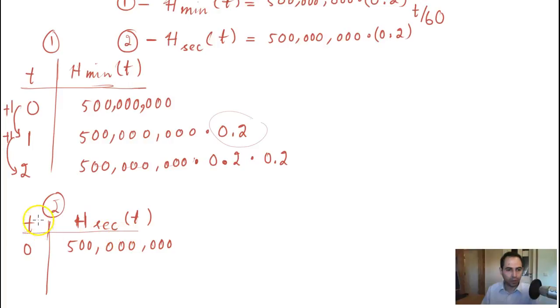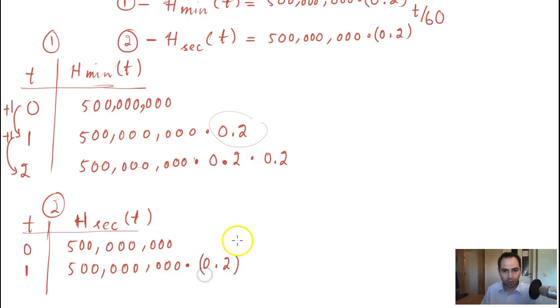And so when my input goes to 1, for example, then it becomes 500 million times 0.2